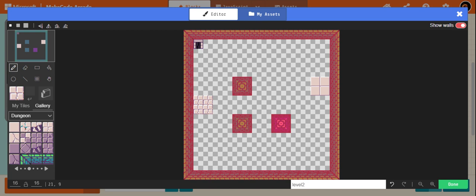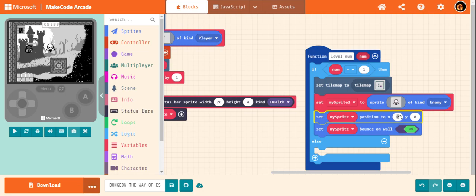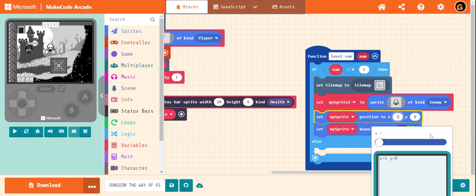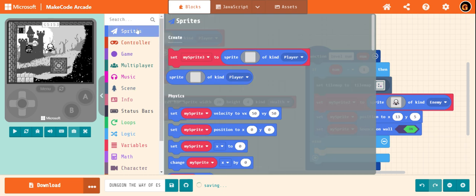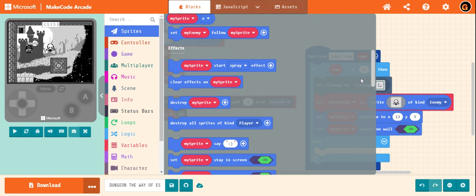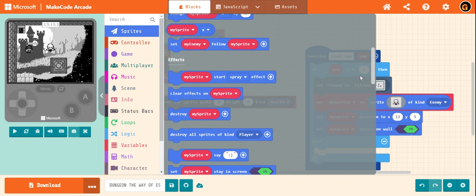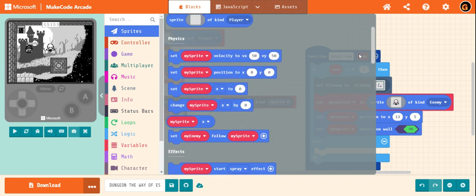So x comma y. So 13 comma 5. So let's test it out. Then let's add the velocity.